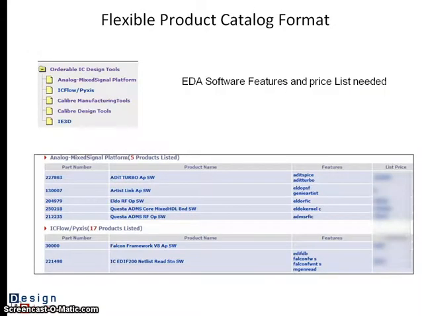So when you want to describe software, you have quite a broad number of features that you can describe. Today we speak about EDA software. What do you need? A price list, features. As I said earlier, some vendors bundle their products with a product name and with features. So it's a little bit more difficult for optimization, because the user needs a feature, and then you have to know who has what.